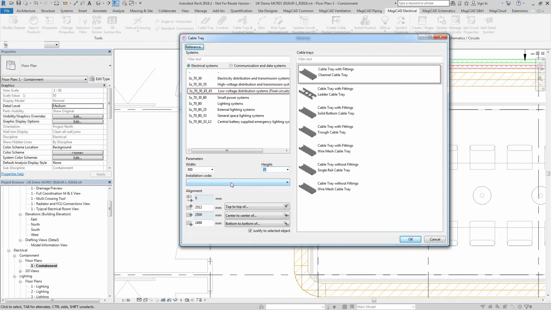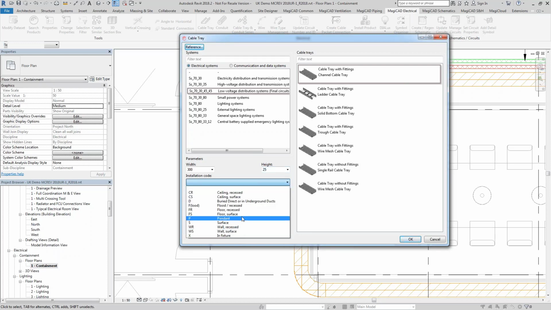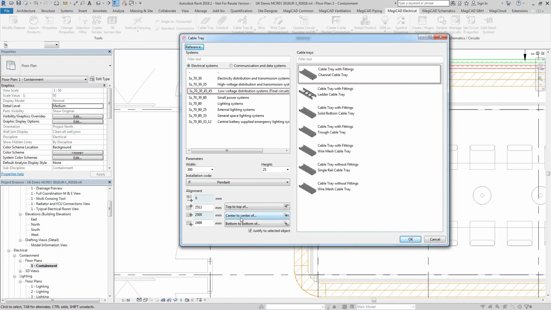I can also select an installation code. This will be used just to fill a parameter. So if you want to export this as an IFC, for example, and you want to show a parameter that shows how this piece of equipment is installed, you can populate that parameter from here. So in this case, I'm going to say it's pendant mounted, so it's being hung from hangers that come down